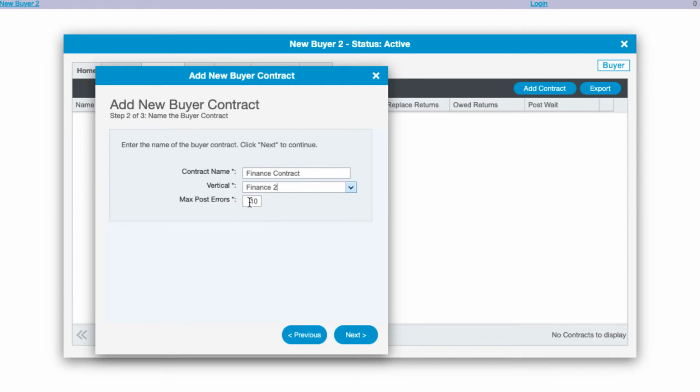Now, this is a text field because you can modify this. You can say, well, if there's 3 errors in a row, turn it off. Now, we're only ever going to look back at the last 10, which means if you never want Cake to turn off this buyer contract because of any errors that are going on,